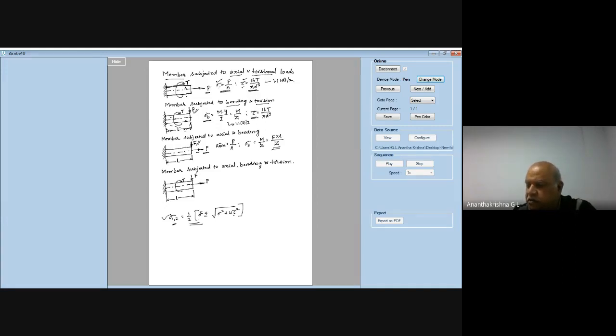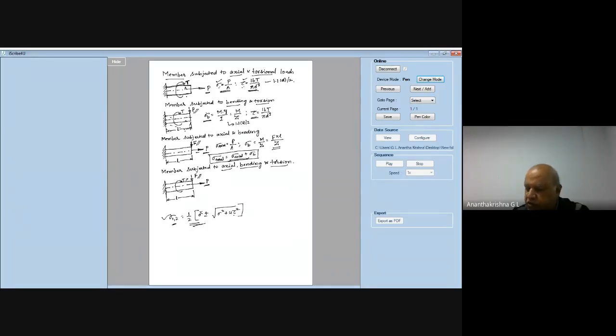So the resultant stress, that is sigma total, in this case is given by sigma axial plus sigma bending. This sigma axial plus sigma bending is what you need to substitute in the combined loading equation. Right. The next case is a member subjected to axial, bending, and torsion. All three loads are acting. This is the axial load, this is the transverse load F, and this is the torsional moment T.